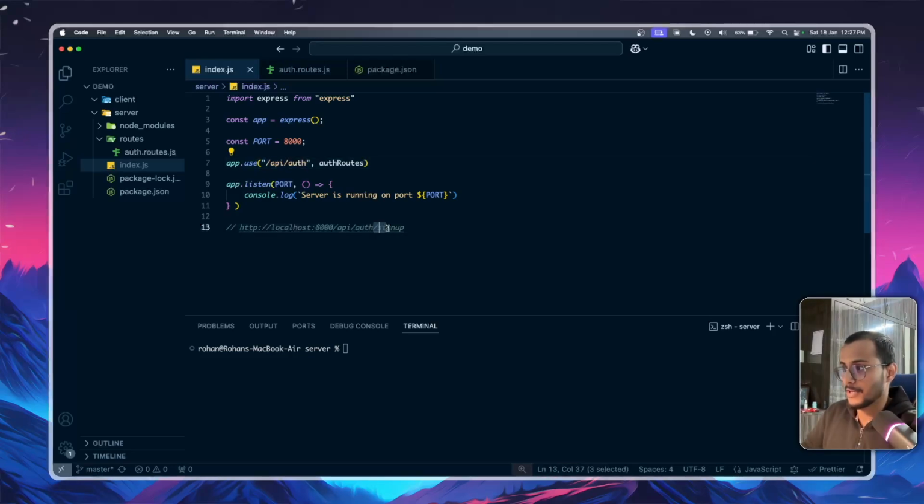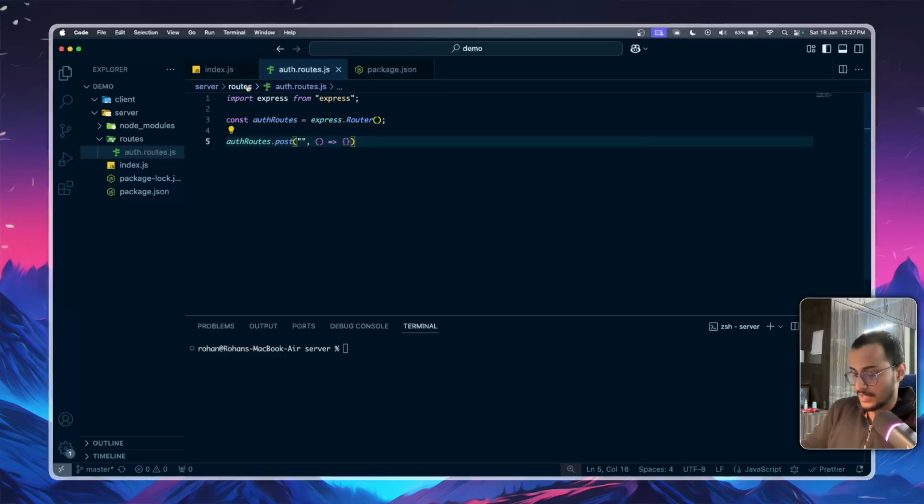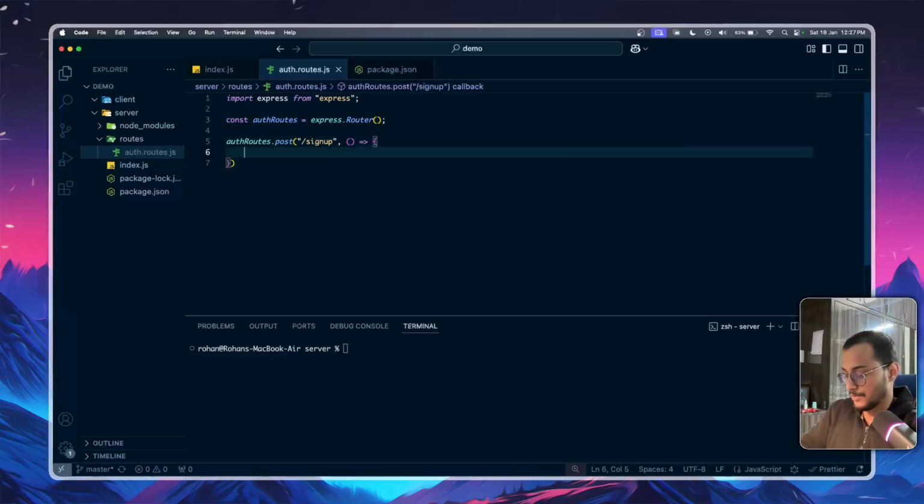The second part, which is /signup, will be given to authRoutes /signup. And on behalf of this signup, this controller will run. For example, if you console log it here only, like "signup controller running",